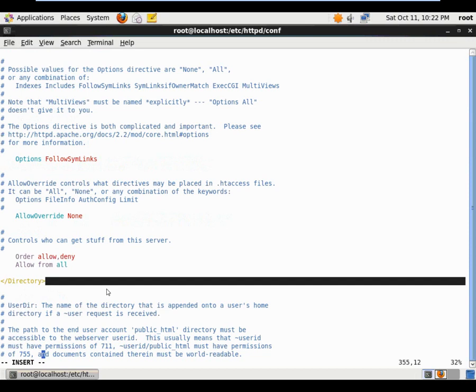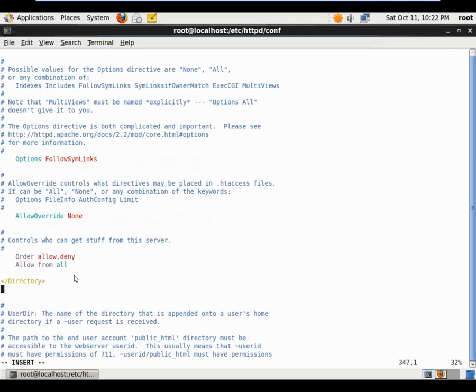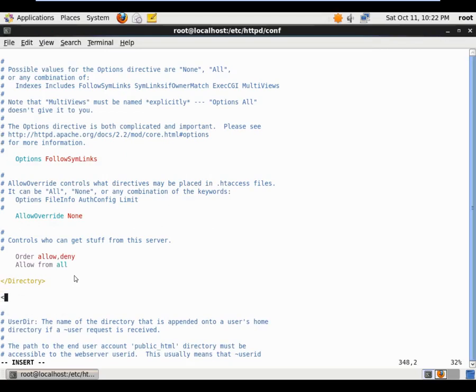Now I'm going to be more specific. I'm going to get outside of that first directory structure and create another directory structure that adds that option back in only for the directory brow on, because I want directory browsing to be on only on that directory. And so I'm going to create a directory,